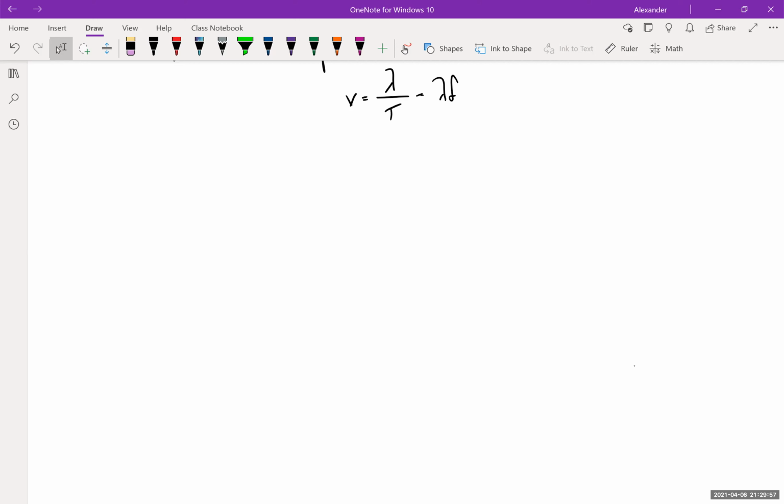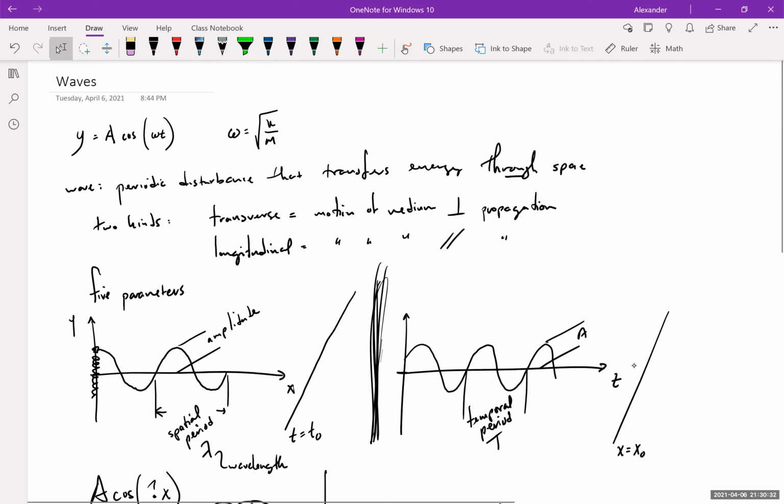That y value is going to be carried along the string. And that y value is going to propagate along the string a distance in an amount of time according to how fast we're going. In other words, we can take our original statement